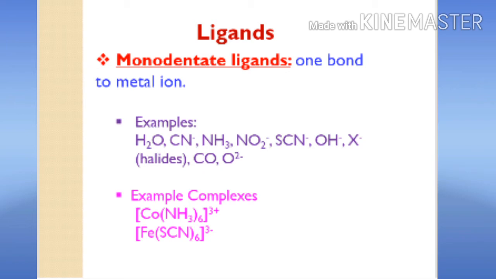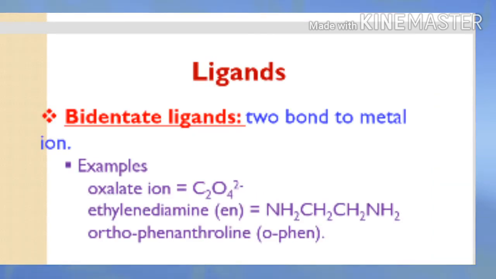Examples of complexes are the hexaammine cobalt ion, and another example given is the hexathiocyanato ion. Examples of bidentate ligands are oxalate ion, C2O4 2-, ethylene diamine